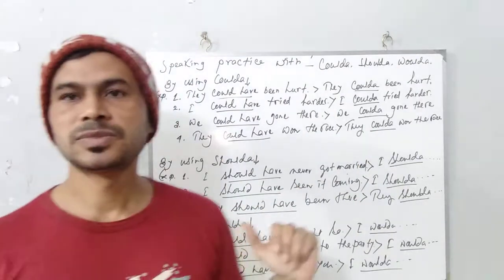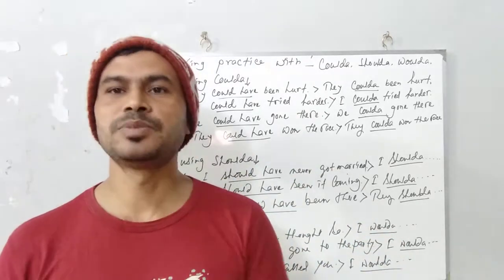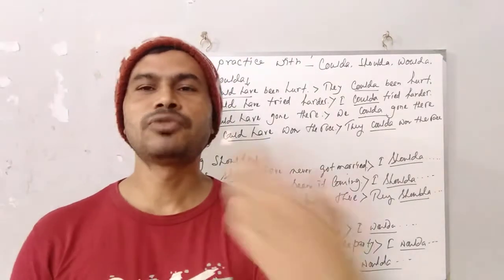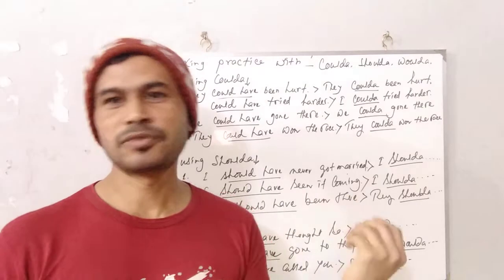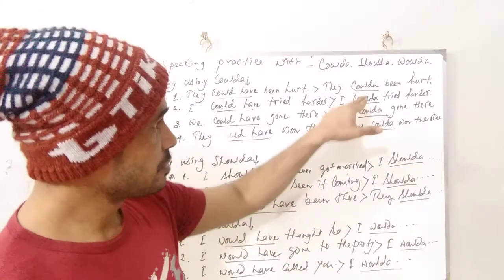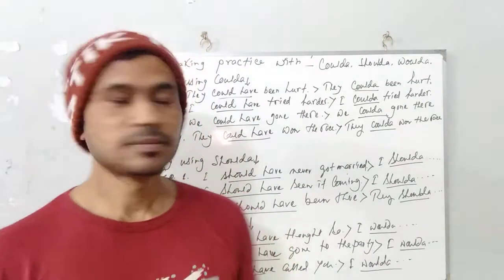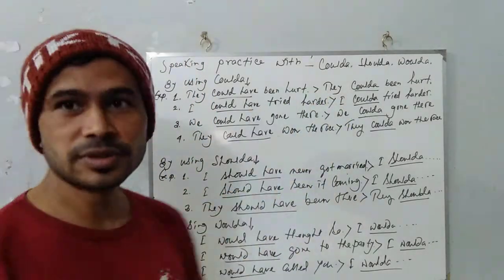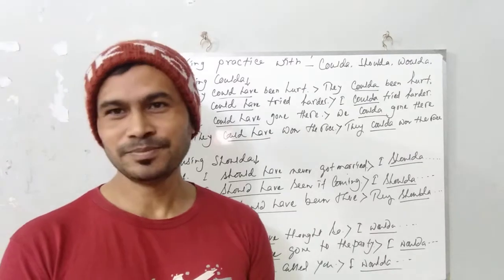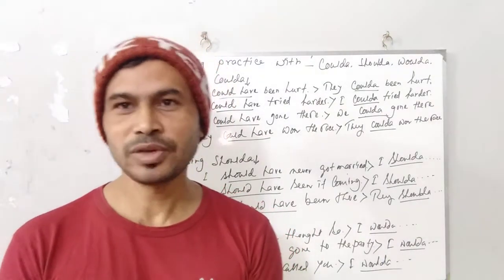This type of sentence we will use every time in our spoken English, because when a foreigner, who comes from a foreign country, uses the contraction-based sentence of past modals, if we know the contractions of past modals, we can understand properly. But if we don't know the contractions of past modals, we cannot understand properly. That's why we have to know.